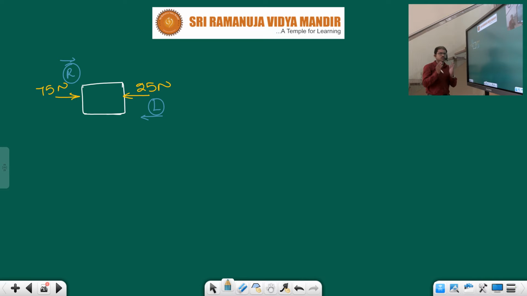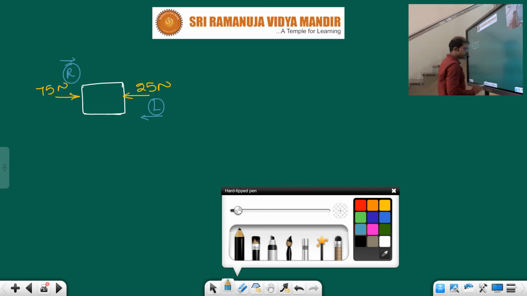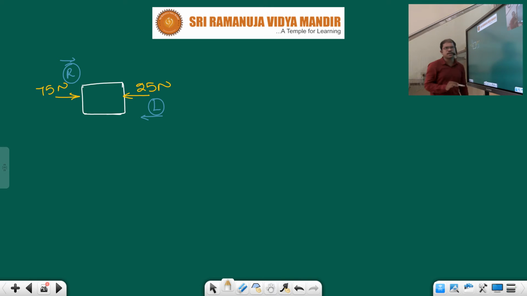Okay, so since we have some common sense, by looking at that question, in which direction the force is more, towards that direction the block will move. That one we know. Without mathematical simplification, we can say that. Okay, that is a general assumption. But mathematically we need to prove that the block will move towards the right side. Or else mathematically we need to find in which direction the block will move.